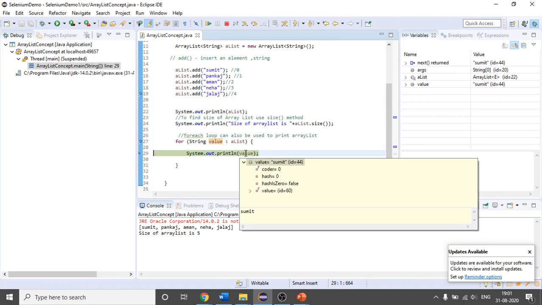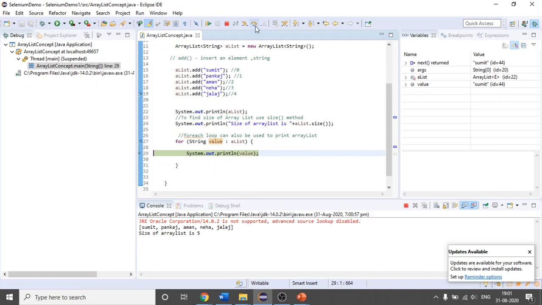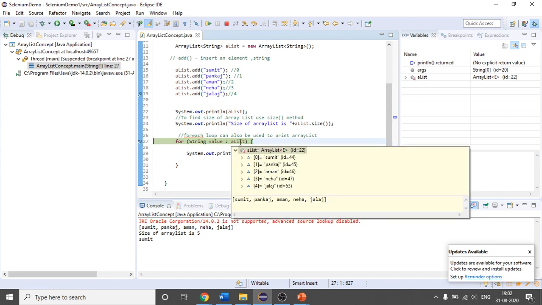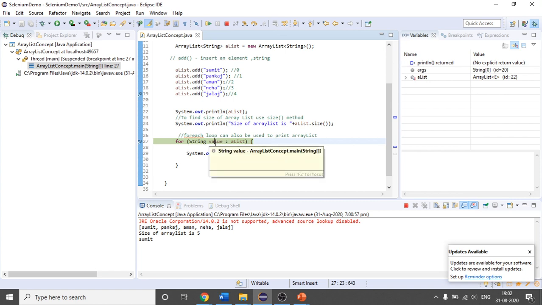Value is Sumit. So Sumit will come here, and after that we are able to print Sumit. After that again, this will run a second time. So the second time this value Pankaj will come in the value, and the value will come here, which is Pankaj. Let me show you.